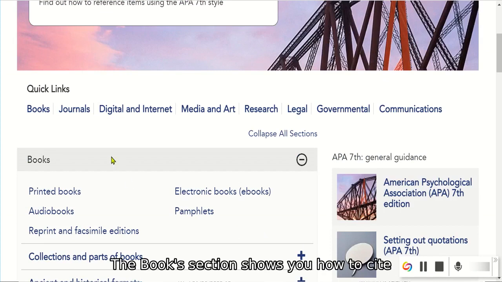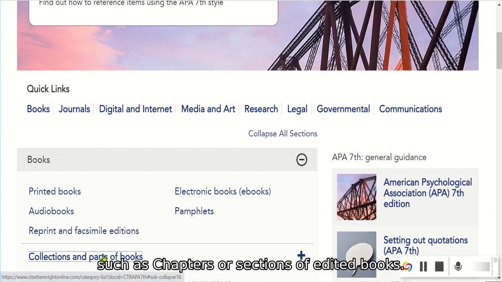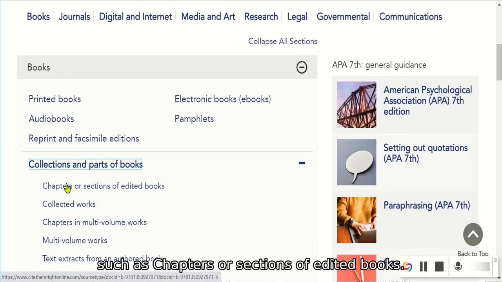The Books section shows you how to cite printed books, e-books, etc., as well as parts of books such as chapters or sections of edited books.